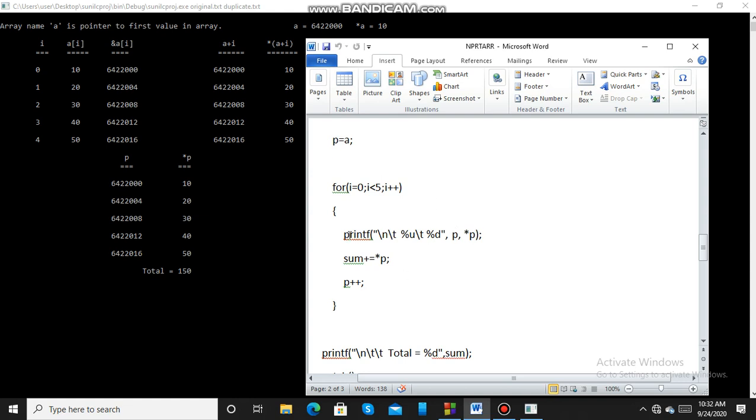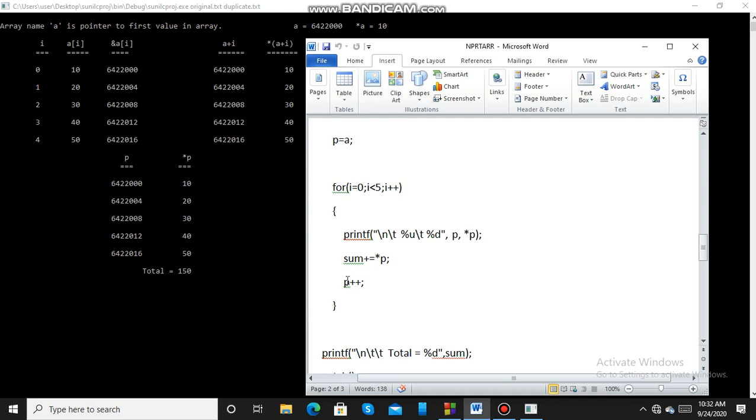Then the I value becomes 1 and it prints this address, that is 6422004. Dereference p and print the value 20. And 20 will be added to the sum. The sum was 10 before this, so sum becomes 30.